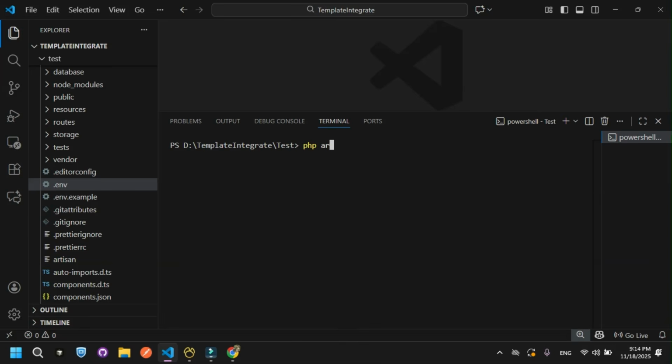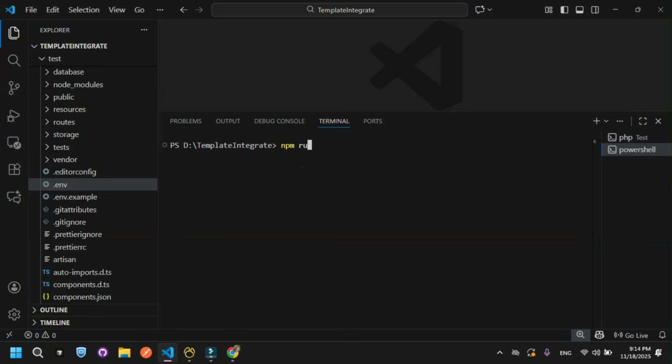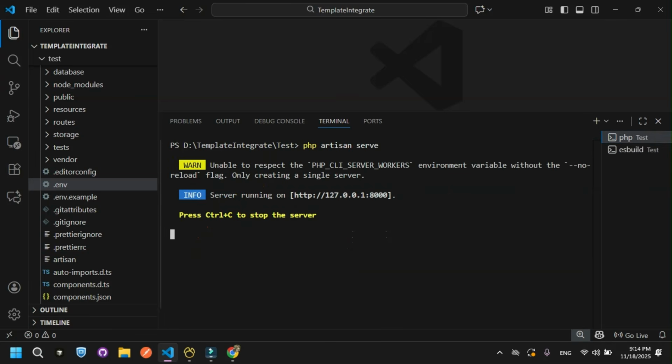So now it's time to run our project, and for this I just will use this command php artisan serve. Also we can run within it composer run dev, but I just will go with this, and here you need to run npm run dev. So first I'll navigate to the project and then run npm run dev, and now I just open it,